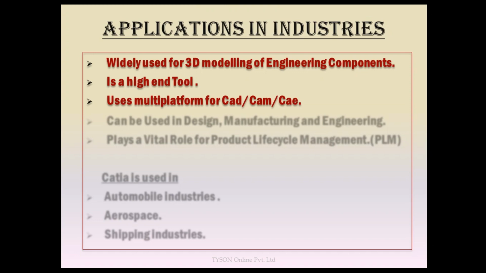The term multi-platform states that CATIA plays a vital role in design, manufacturing and engineering, as most of the companies are using it as a design tool. Some companies are using it also as a manufacturing tool and some use it as an engineering application, or for certain computational techniques. So CATIA can be used from the design, manufacturing and engineering point of view. It can be used for modeling. It can be used for actually facilitating production processes in manufacturing. It can be used for computational techniques for finding solutions to engineering problems.